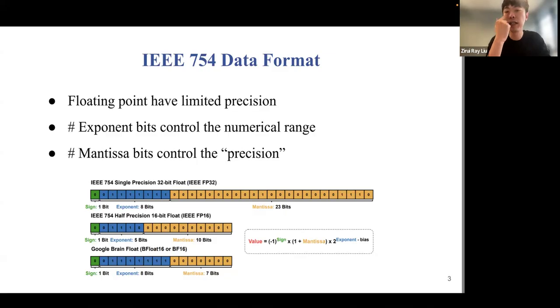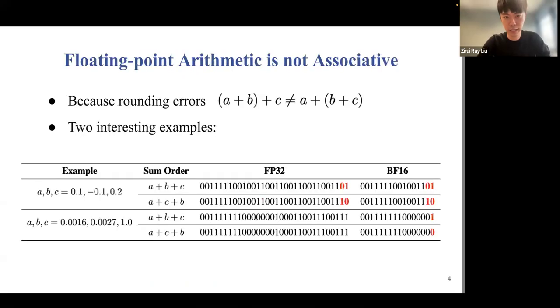Currently, for machine learning models, one of the most used numerical formats is bfloat16, often called Google Brain Float. For all large language models you download from the website or Hugging Face, they are using BF16 as the default precision. This is the context. And one widely known issue about IEEE 754 is that floating point arithmetic is